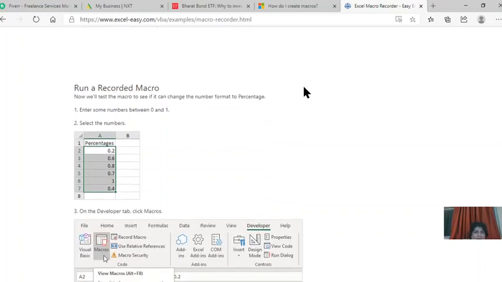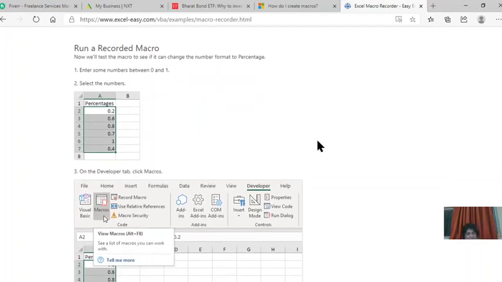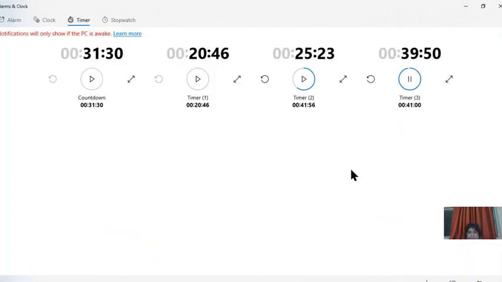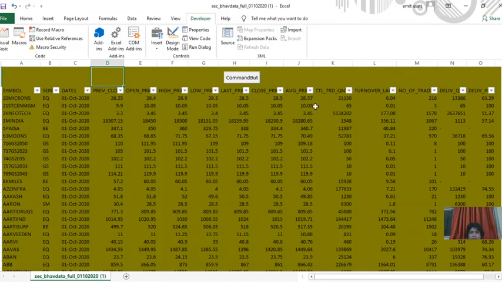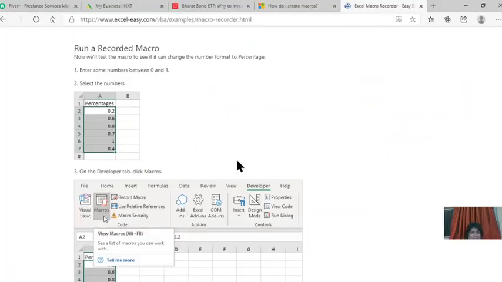Now run the recorded macro. Enter some numbers between 0 and 1. Select the numbers. Now we will apply this. Now percentage, enter some numbers 0 to 1.